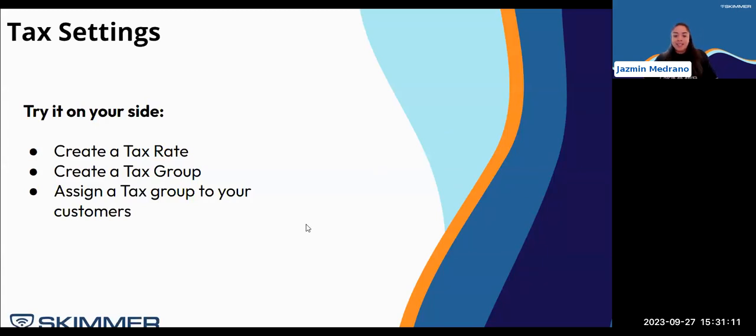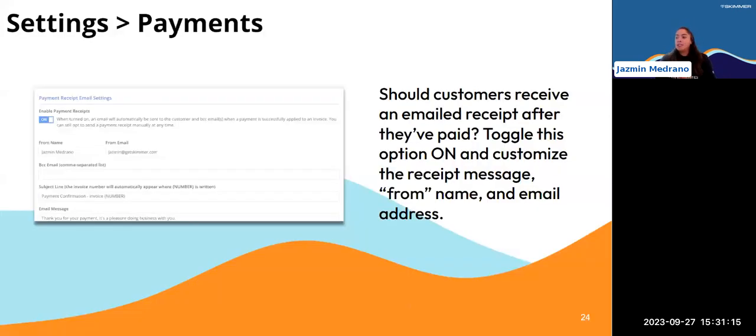Okay, last setting. So we're going to go into settings and payments. If you want to make sure that your customers get those receipts after they've paid their invoice, we can do that through Skimmer. So we're going to go into settings, we're going to go into payments, and we're going to go down to the box that says payment receipt email settings. You'll see a little box and you can toggle that on. When you turn that on, as soon as a payment is made from your customer, they'll get a receipt for